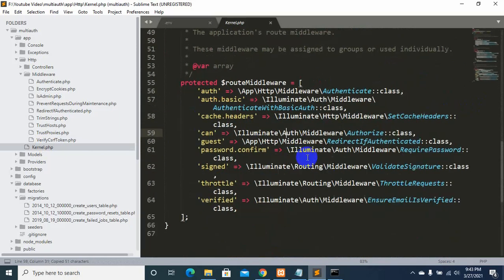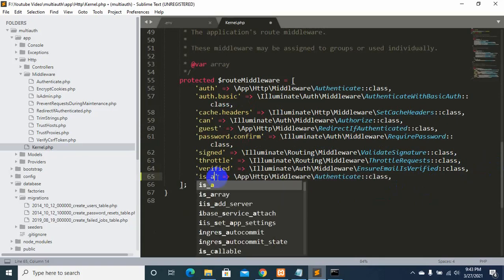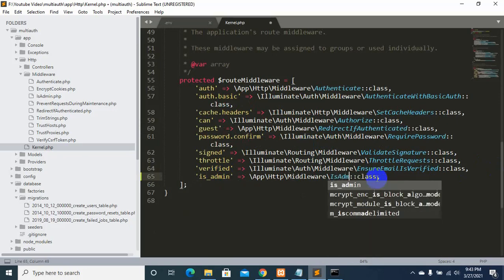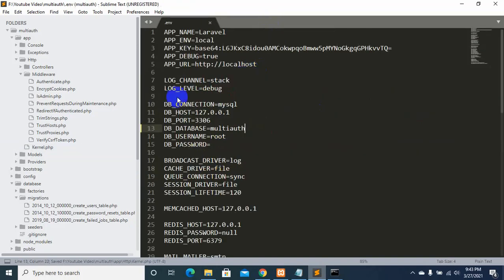Let's just make it a little bit smaller, and we'll just say over here is_admin equal IsAdmin. Okay, so our middleware is connected to Kernel.php. So let's save it and let's close it.